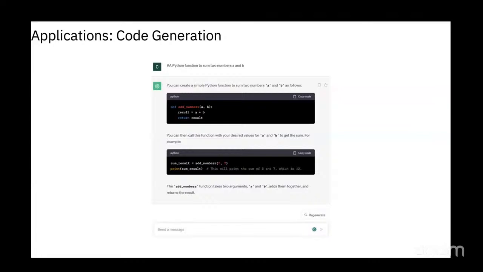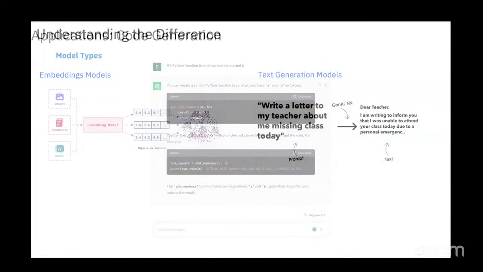For instance, people have used it to generate web pages from scratch, or to generate more and more complex algorithms and code from scratch. You can start it, and then you can basically have a conversation around it. Based on your conversation, it iterates over the code it generates, and you get a better and better version of code as you go forward. So these are the simpler applications of modeling.